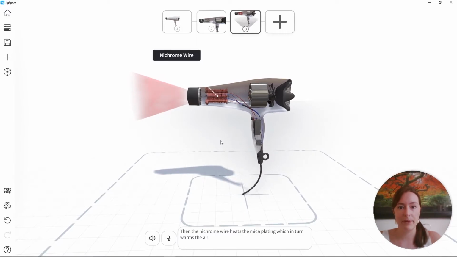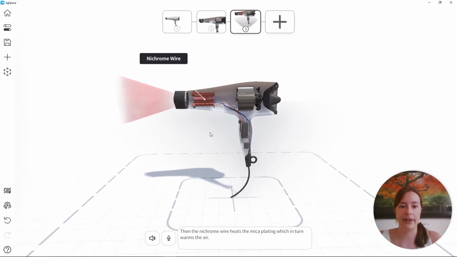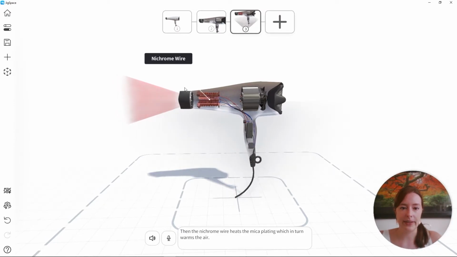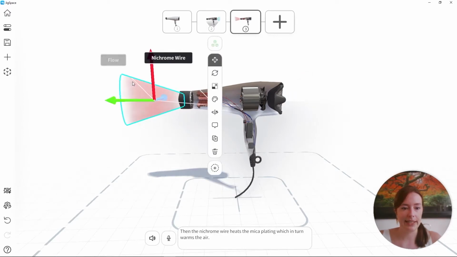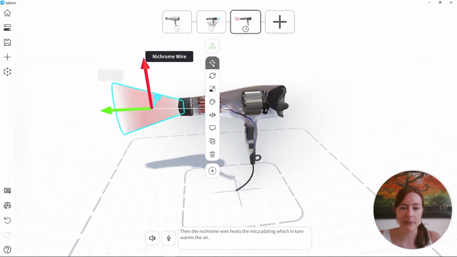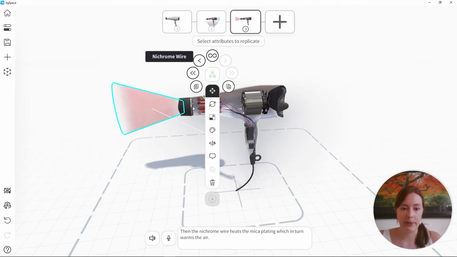And now I'm going to step through and have a look at my 3 steps so far. I'm conscious of the fact that I haven't copied these across, so I think that front air effect is going to move back to its initial position. So what I'm going to do is go to step 3 and select this object and press and hold to open the replicate menu.